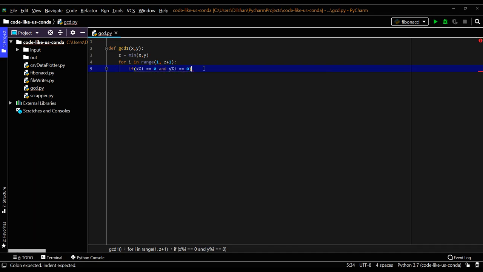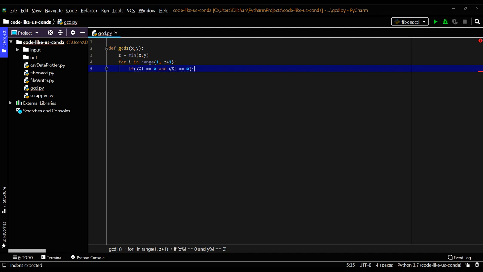So this is my condition in Python. If this condition is true, it means that i is a common divisor for x and y, but it may not be the greatest common divisor.